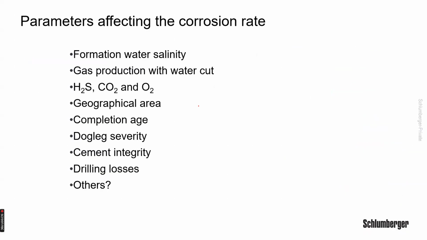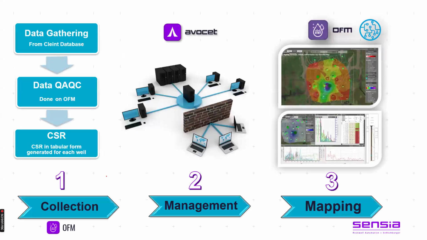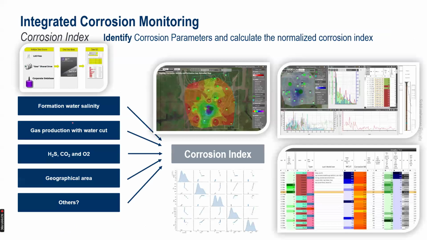And then you identify the parameters that could affect your corrosion, like formation water salinity, H2S, all of these. Then you do a workflow where you put all these parameters in one database, like overset, and then you create your dashboard using machine learning. As you can see, I have these parameters, and now I'm doing my Python scripts to create something called a model for corrosion index, and then I can map it here and I get all the parameters. This by itself is another webinar, but I'm just showing you for the person who asked about